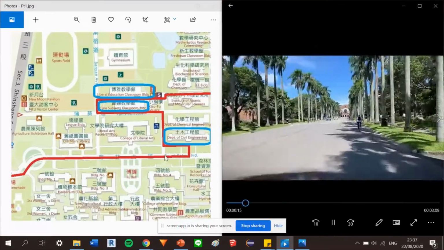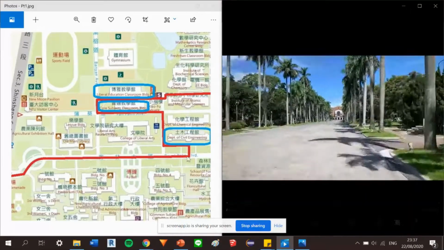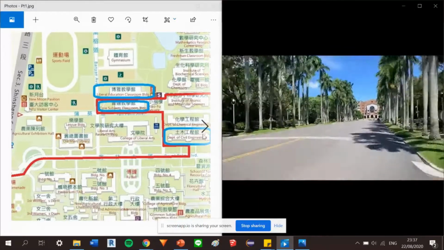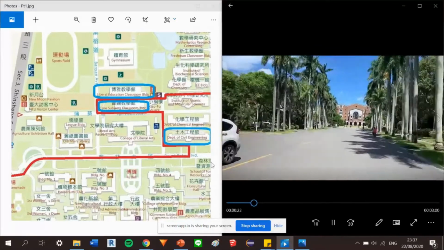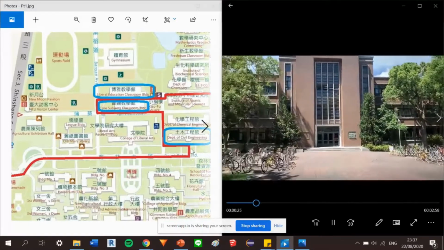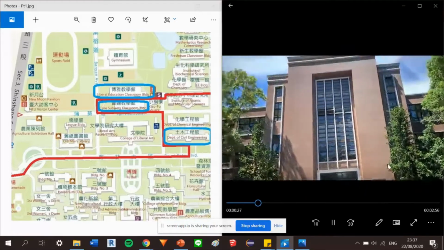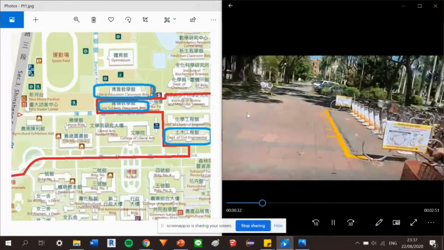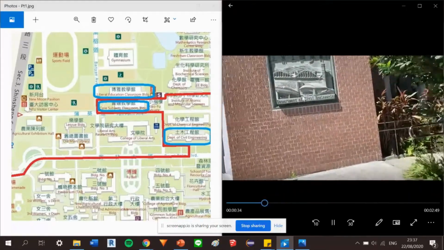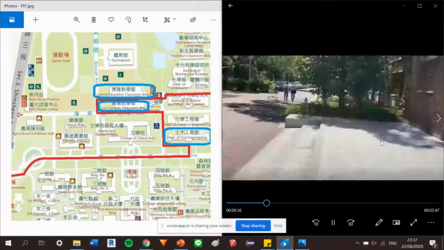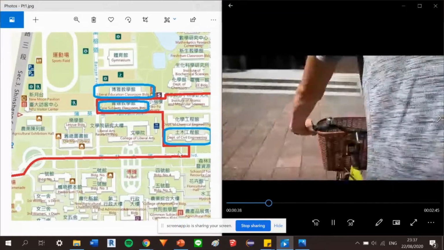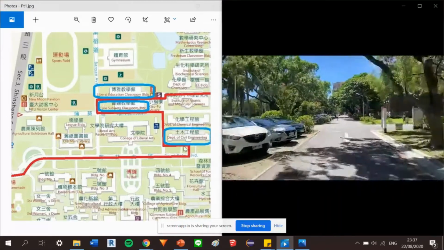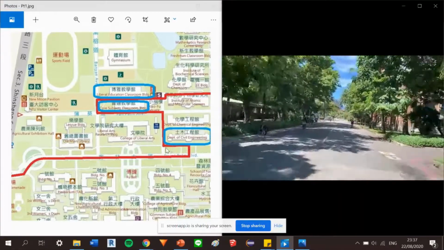So you go straight here, and then first of all, our first stop is the Department of Civil Engineering. So here, almost to the end of the road, we turn left, and you could notice that there's this sign right here. Department of Civil Engineering. Yep, so that's it. And then we go left and turn right